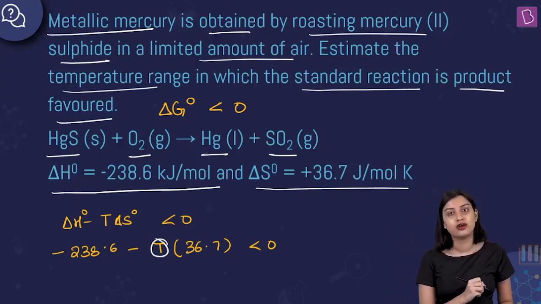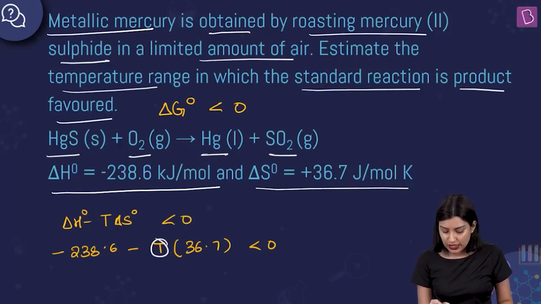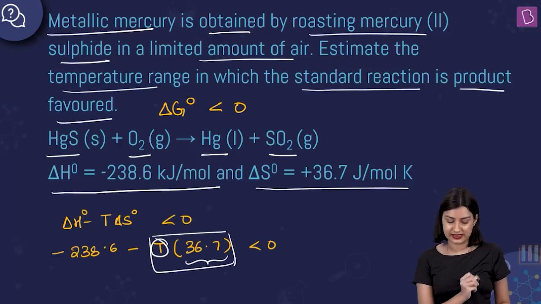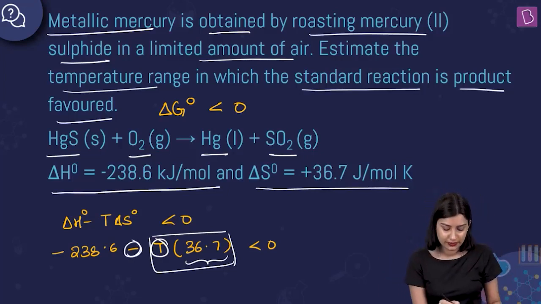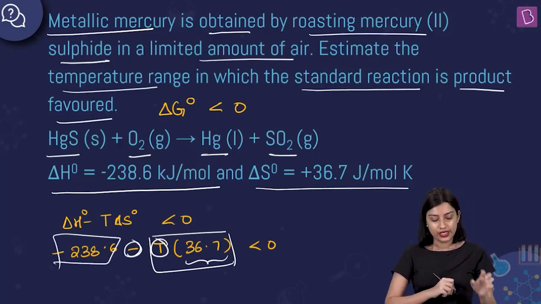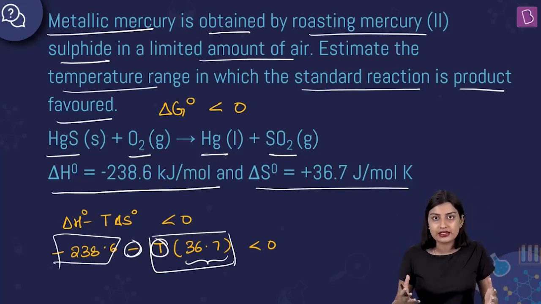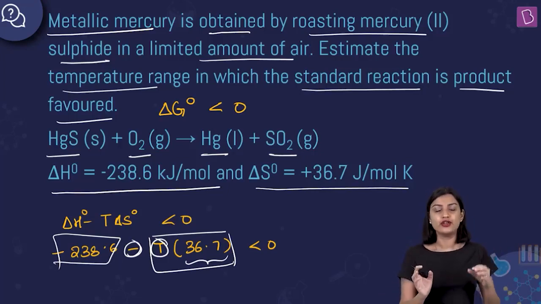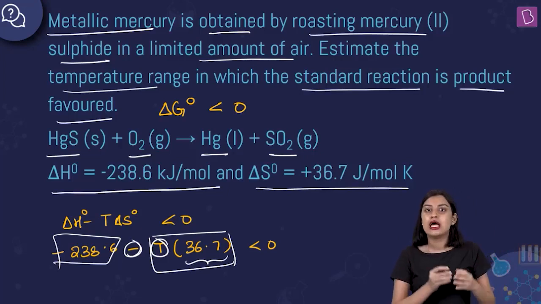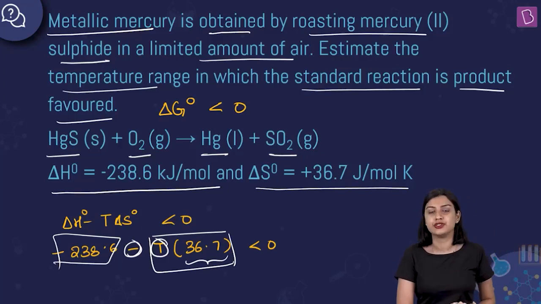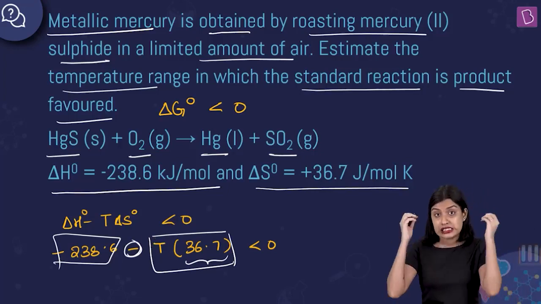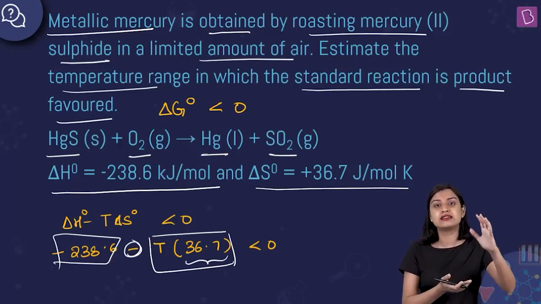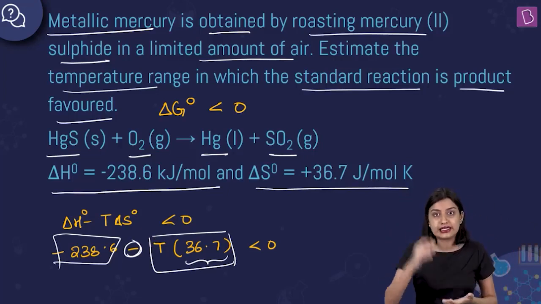So here you have a value greater than 0. You have a positive value. Here this value is positive, which means you have this entire value greater than 0. So with the negative sign, that is going to be a negative quantity. This is also a negative quantity, right? So when you're adding two negative quantities, you are bound to get a negative quantity. You are bound to get this delta G naught value less than 0 for all temperatures. No matter what value of T you're putting, 1, 2, 3, 500, 600, 6000, whatever you're putting, the more you increase the temperature, delta G naught value is going to start decreasing even further.